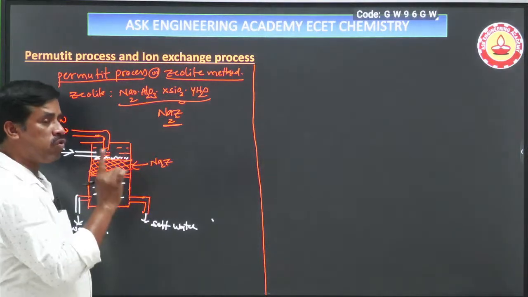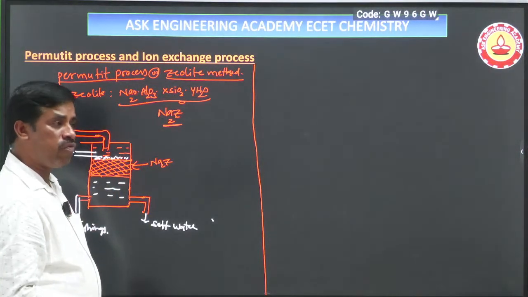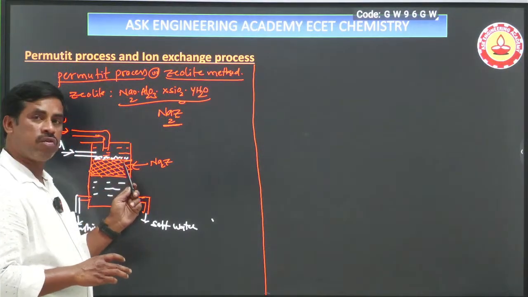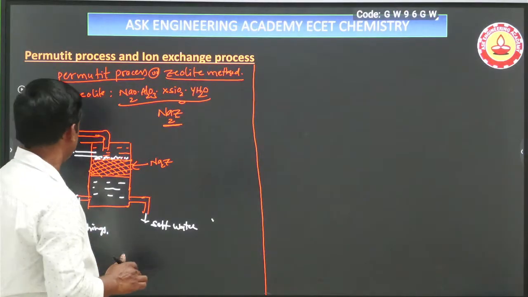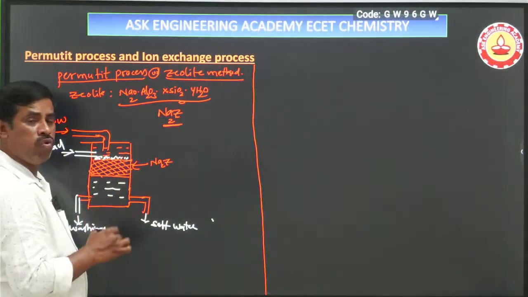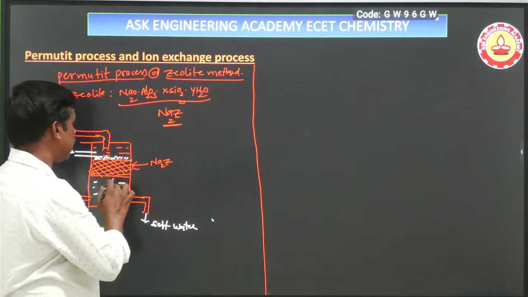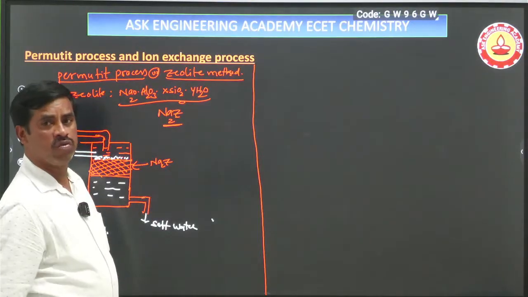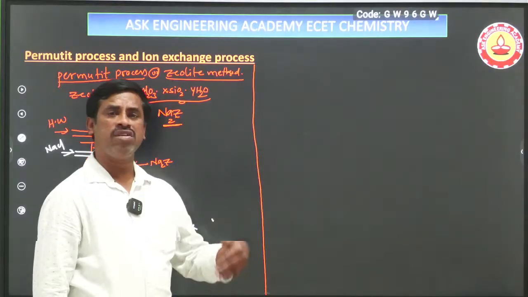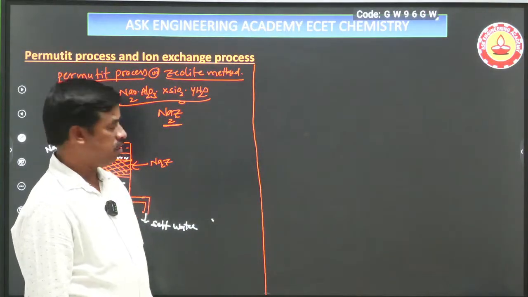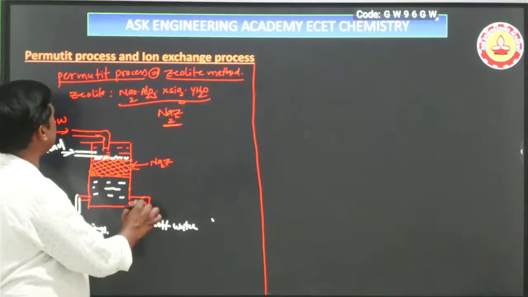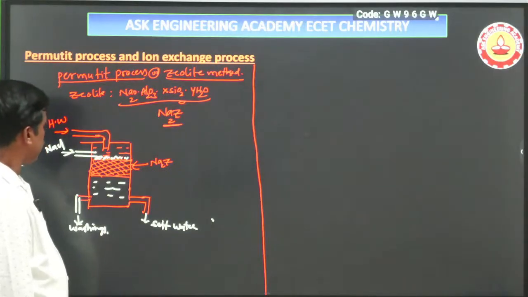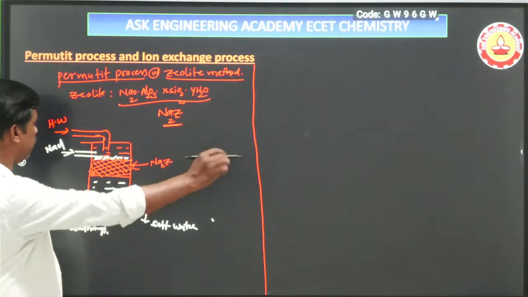Sodium chloride regenerates fresh sodium zeolite by reacting with whatever substance is stopped on the surface of the zeolite bed. That sodium chloride helps to remove the exhausted bed and regenerates it as fresh resin. Again this process continues after regeneration of the fresh zeolite resin bed. This is the permutit or zeolite process. Here I am also showing how the chemical reaction takes place.